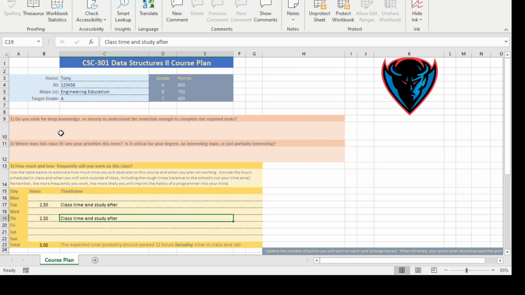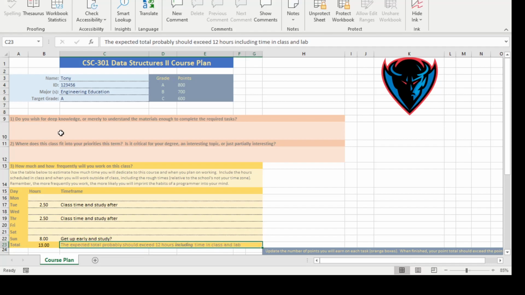Now, why am I doing the description of the time frame? Well, one, it's your own commitment. Realistically, if I say I'm going to study for 8 hours on Sunday, well, when? I'm going to get up early and study? Well, maybe you don't get up early on Sundays. Maybe you don't get up till noon. So you're going to work noon till 8 o'clock at night. You're going to wait until 5 o'clock and work until 2, 3 in the morning. Be realistic. That's what plans need to be. They need to be aspirational, but if they're not realistic, they also become a lie, become a fib.